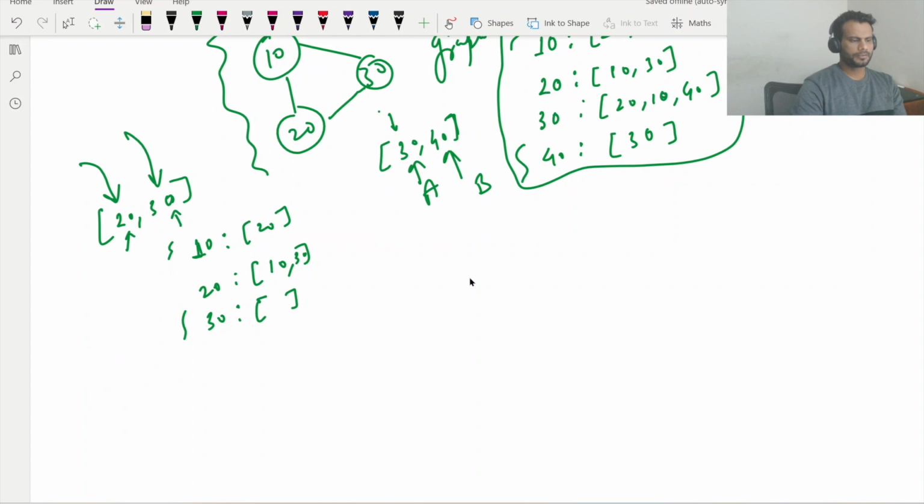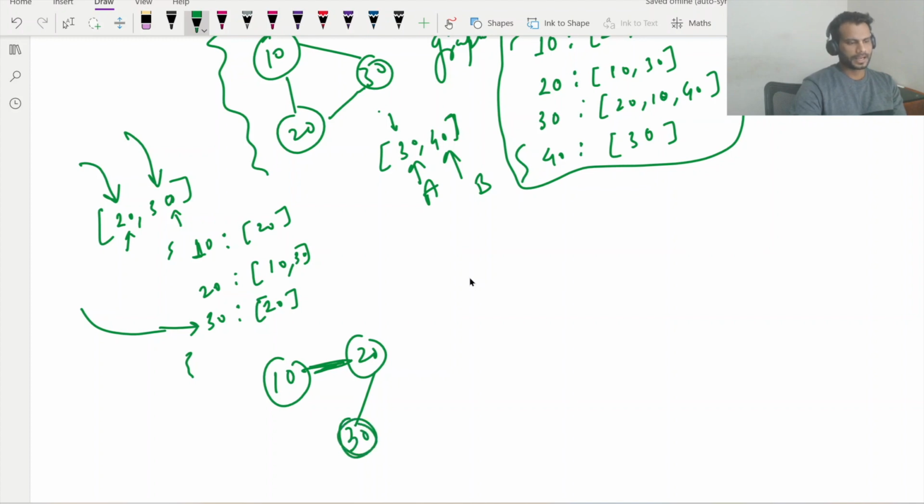Now for point B we have 30. So for key 30, go in the dictionary for key 30 and add point A, which is 20. So it will look like this. Now 20 is connected to 10 and 30, and 30 is connected to 20. See, 10 is connected to 20, and this 20 is connected to 10 and 30, and this 30 is connected to 20. Now in the next iteration we will get